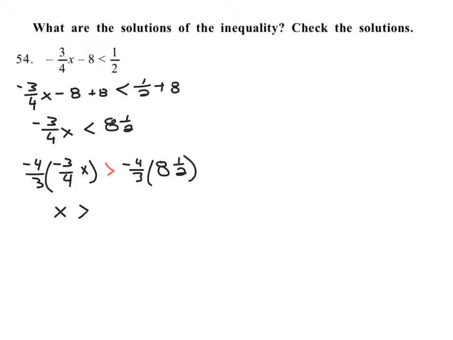So we've got then x is greater than, and this math we have to do over here. Let's do it down here on the bottom. We've got -4/3 times, and this 8.5, if we turn this into an improper fraction, 8 times 2 is 16, plus 1 is 17. That's like 17/2. Okay? And multiplying across, actually let's cancel first. Let's cancel this 2, becomes a 1. This -4 becomes a -2. And now when we multiply across, we get